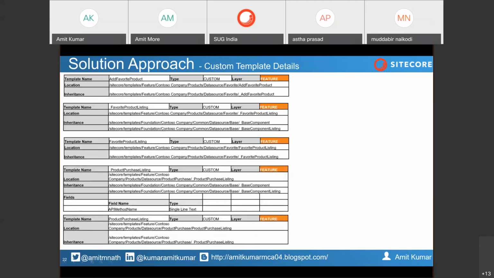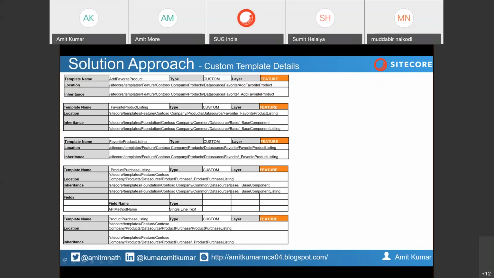And in the feature layer, I will be inheriting my underscore as an add a favorites template, and I am giving it a normal name. Generally, I will be creating some sort of wrapper on top of my feature, so that for the underscore base template, I will not create an item directly, because if I need to add or inherit more fields, I can do that in my main item, which you are going to see in my content tree.